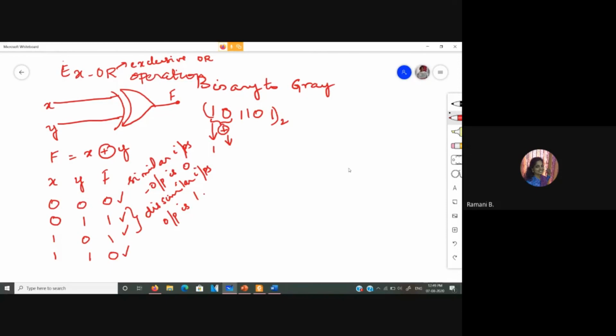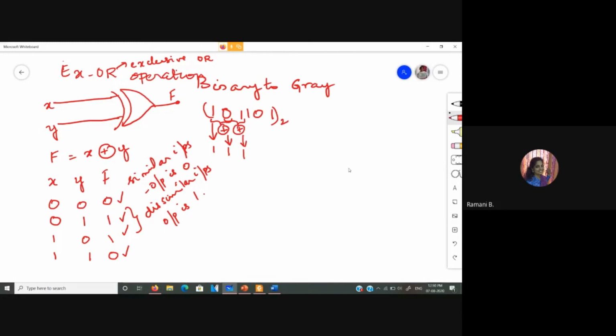So here you have dissimilar inputs, so the exclusive OR operation will give me 1 as the output. Next, for the third bit, I need to take the XOR of the second and third bits. So here again 0 and 1, so the output will be 1.